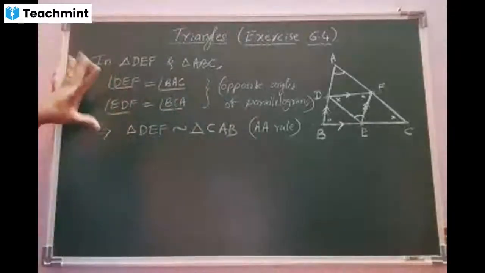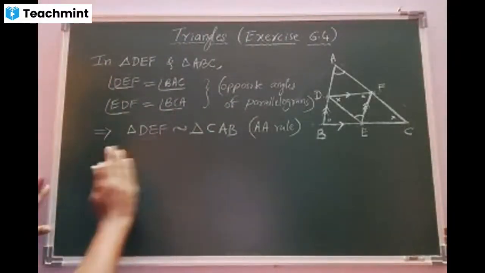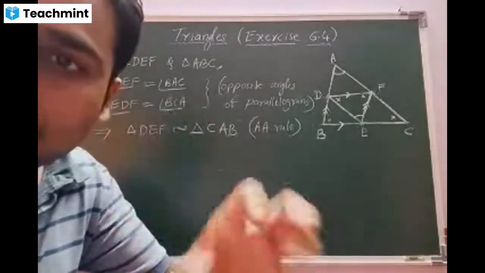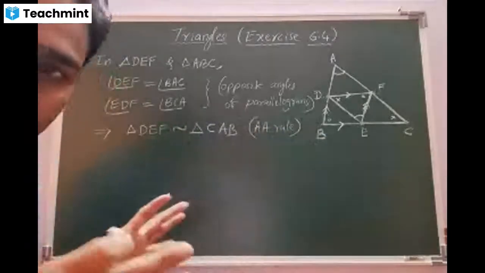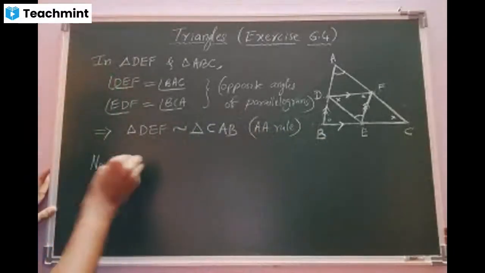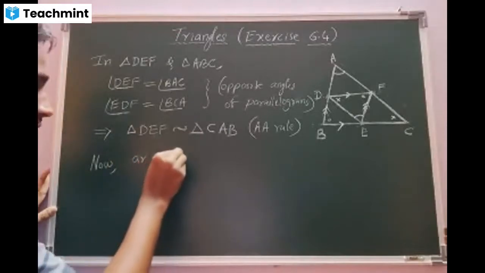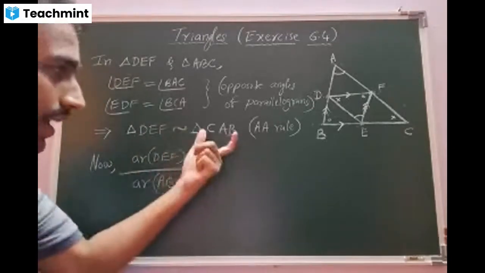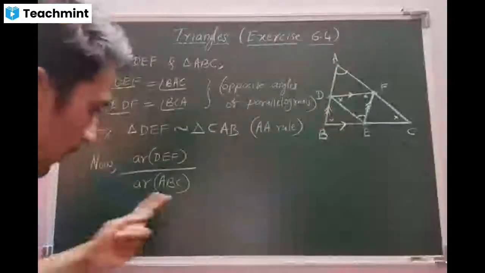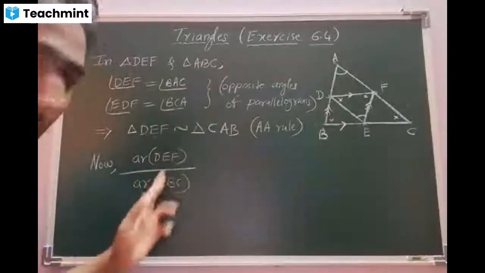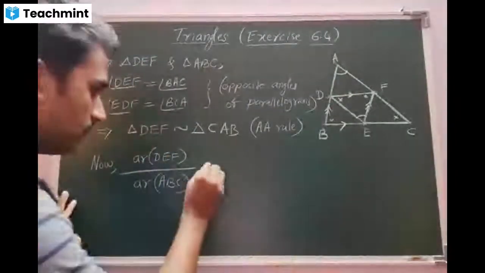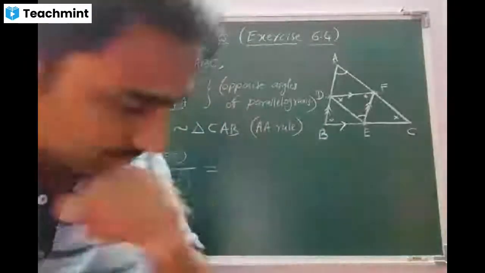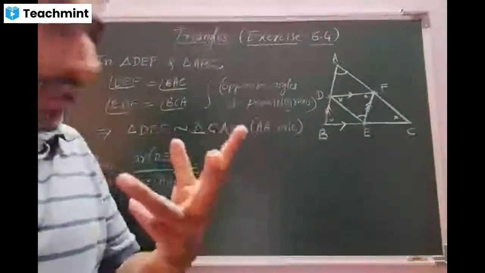Okay, wait. Any doubt in this one? No, sir. When these are similar, I can go for the areas of the similar triangles. Am I right, beta? Now, area of DEF divided by area of ABC. Actually, beta, again I should write the order CAB. But when I'm talking about the area, no need of worrying about the order. Clear? We have three ratios. How many ratios? 3 ratios. Let us check.